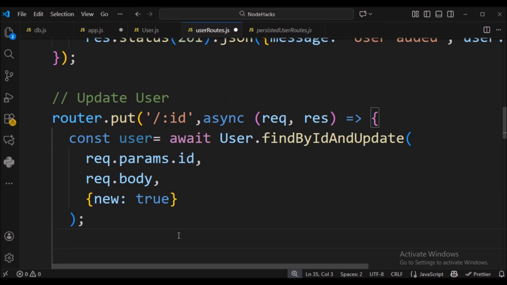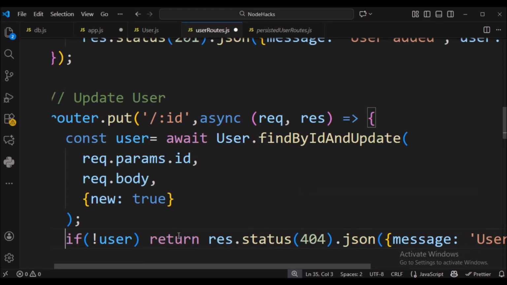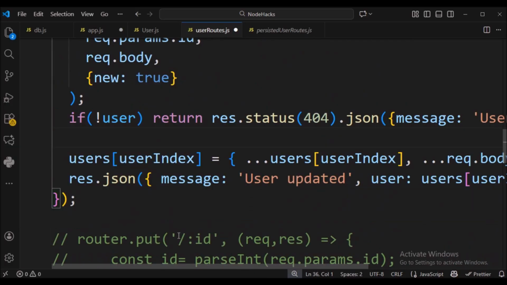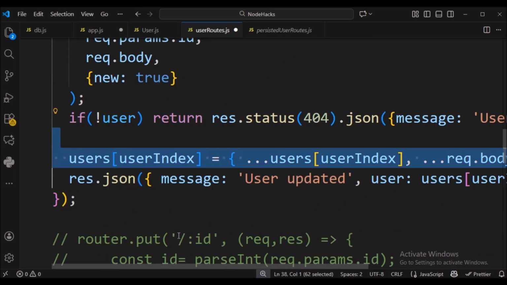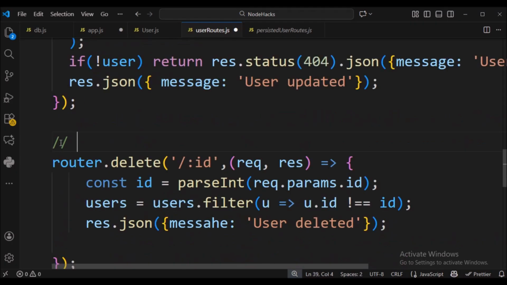With new true, it returns the updated document. Next, return a 404 status with a no user found message to the client in case no user is found for that ID. Next, return the JSON response with the message user updated and the user object.